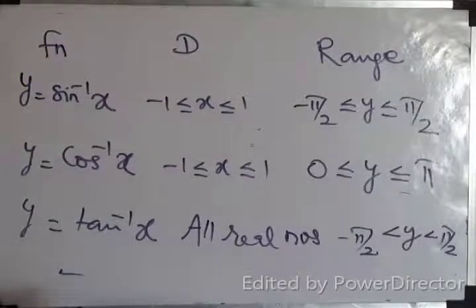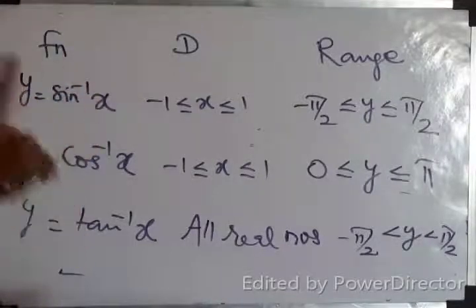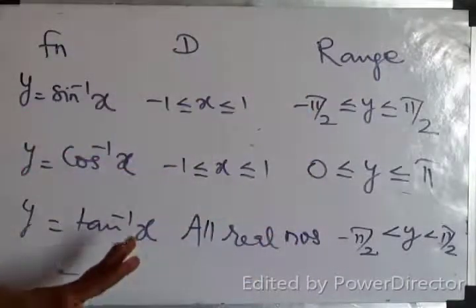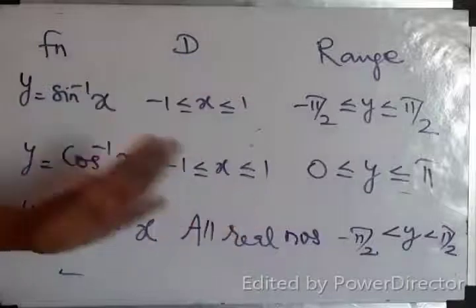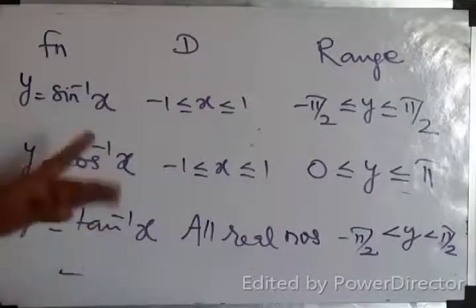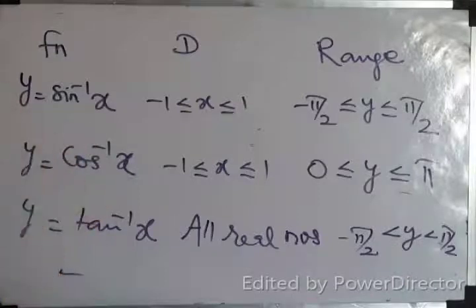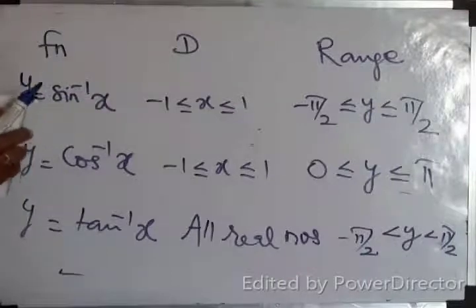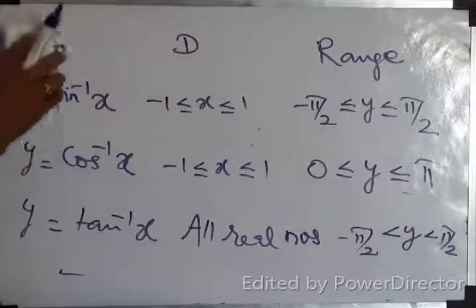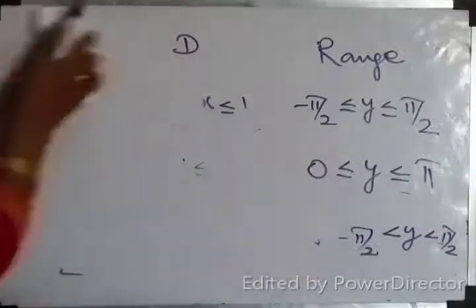But the heading is inverse trigonometric functions. If it goes within this limit, it is a function. If it goes beyond the limit, it is not a function. So sin inverse x, cos inverse x, tan inverse x alone, if you remember, that is enough. Okay. We'll do some simple problems, then you will follow. Shall we start with the simple problems after copying everything in your classwork notebook? We'll start now. The first question.